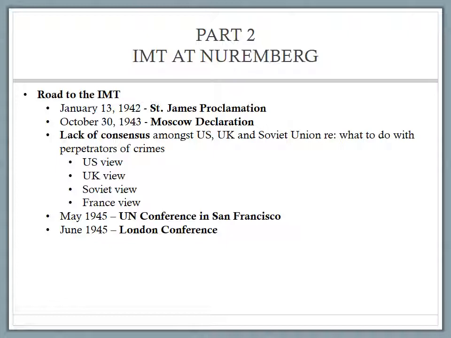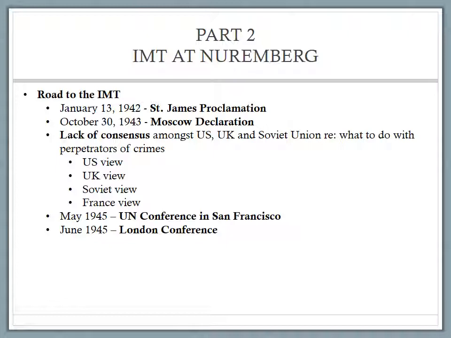At the end of World War II, 55 million were dead, and an entire continent was in rubble. There was agreement that those who brought about this destruction should be punished. The question was, how? In January 1942, members of the 9 occupied countries in Europe, sitting as governments in exile, issued the St. James Proclamation, which said at the end of the war, those responsible for war crimes should be